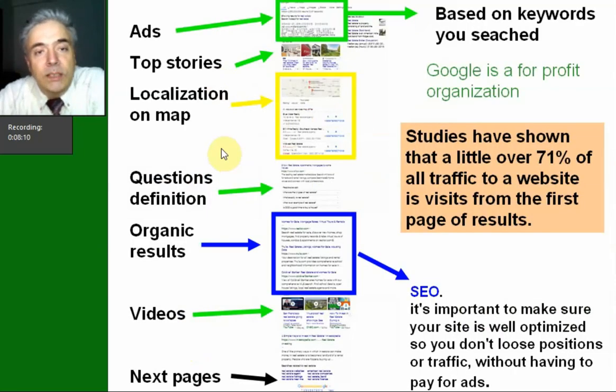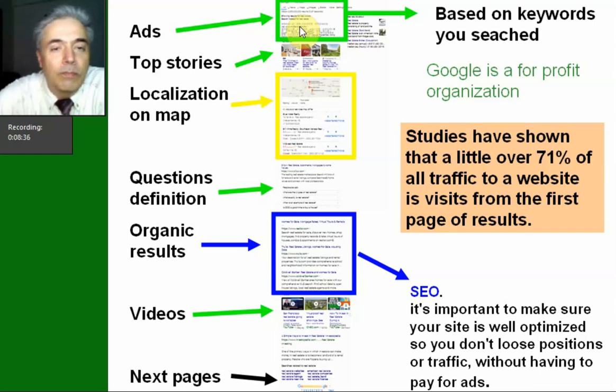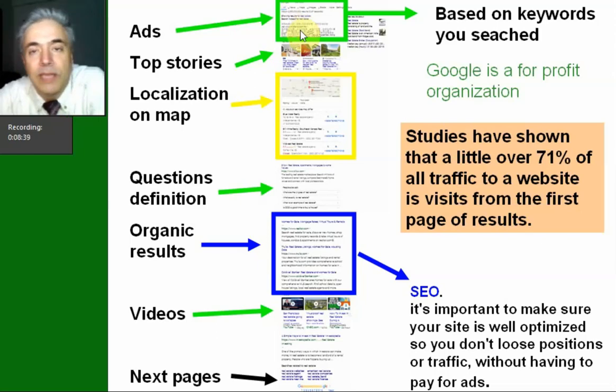So when you do a search in Google, it brings up a page like this, right? The first thing is going to be ads. Why ads? Because Google is a for-profit organization, so they make money by selling those ads. This is why people learn about Google AdSense, Google Ads, how to optimize, put in keywords, and how to get customers clicking those ads, right? Pay-per-click, things like that.